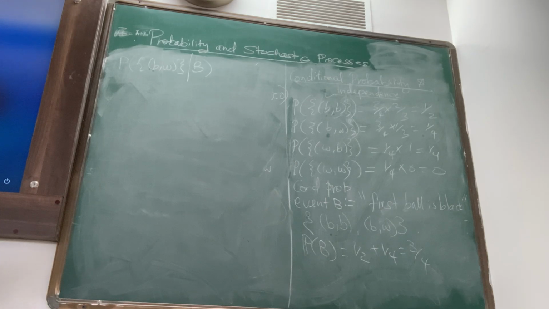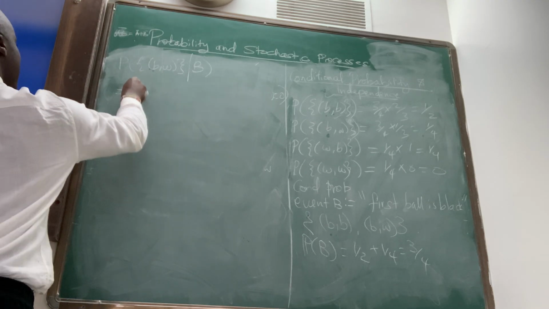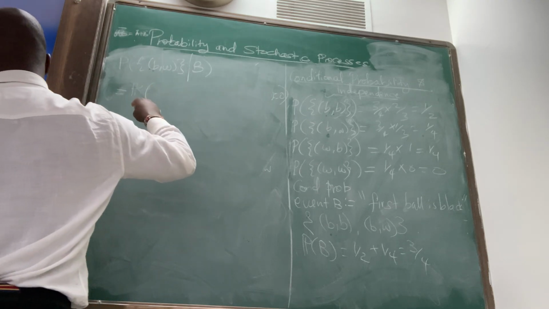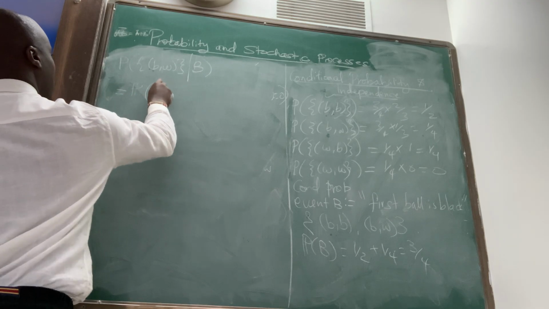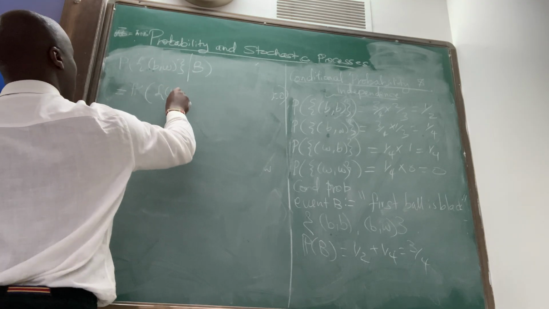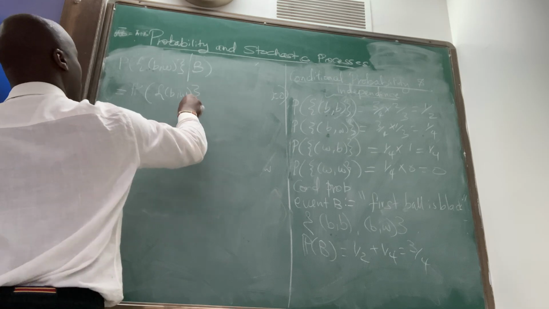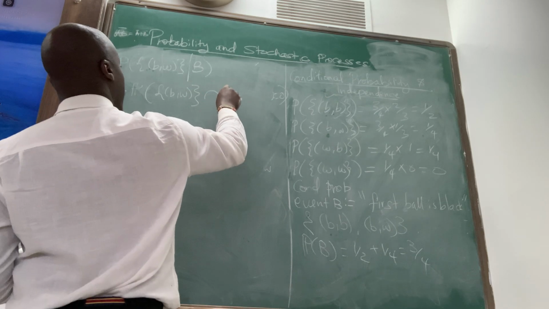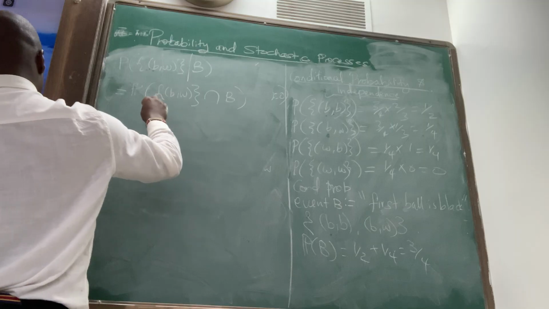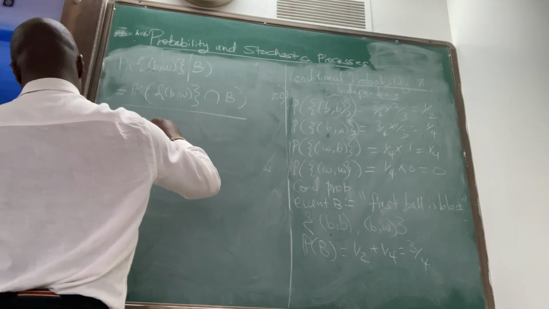The probability that the first pick is black and the second pick is white, given that B has occurred. Here we are going to take the probability of this first event, B white, intersection B, over the probability